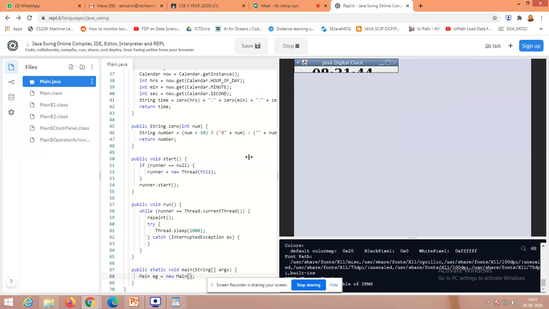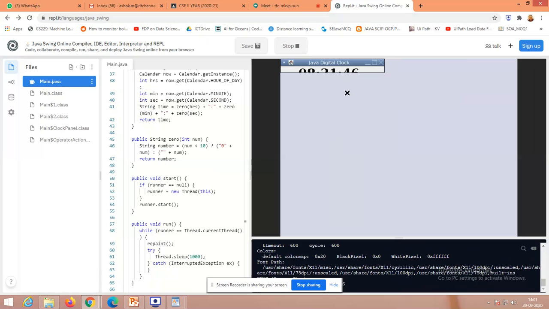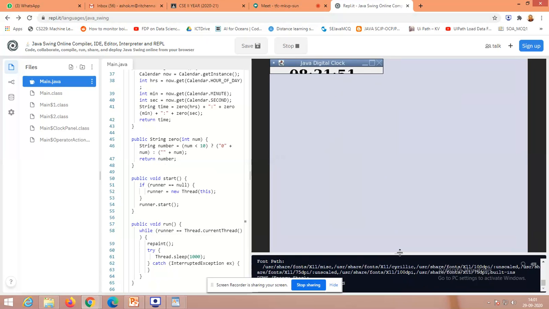Yes, there you can see your clock. Right, and we have to increase that width and height. That's why the clock is not displaying here, right? Otherwise, you click this. Yes, now it became visible.